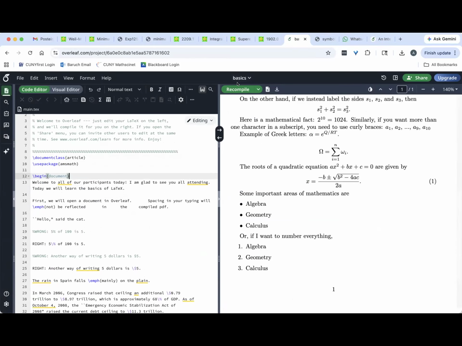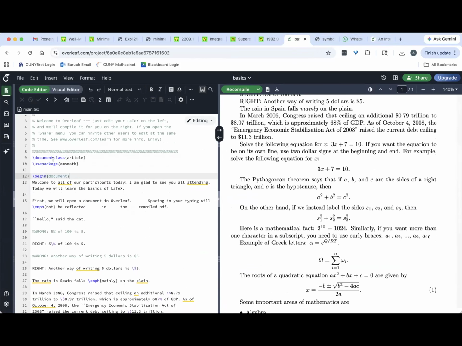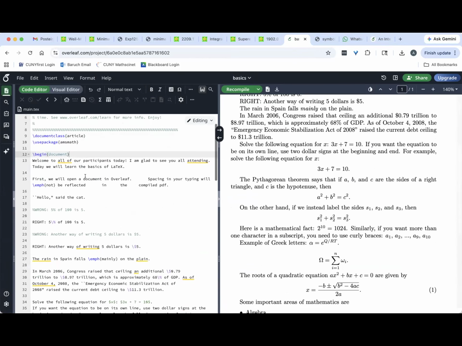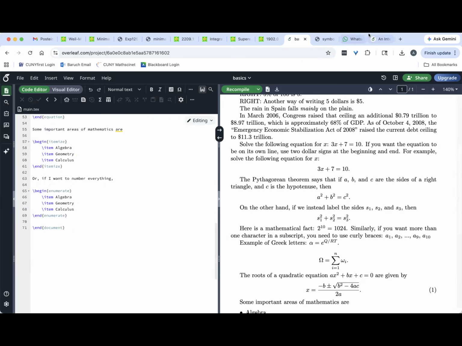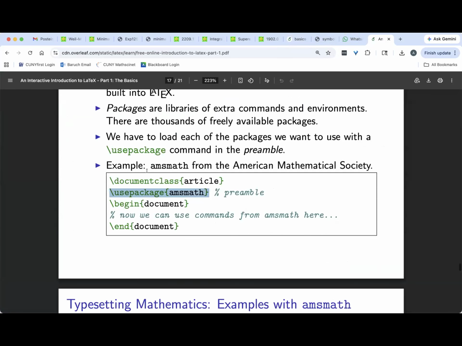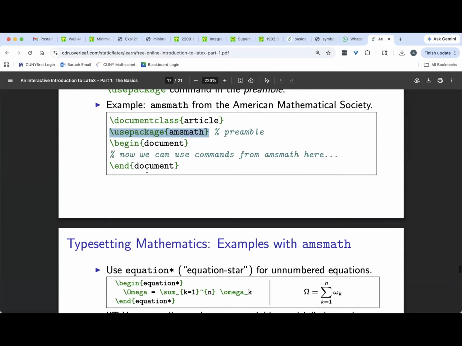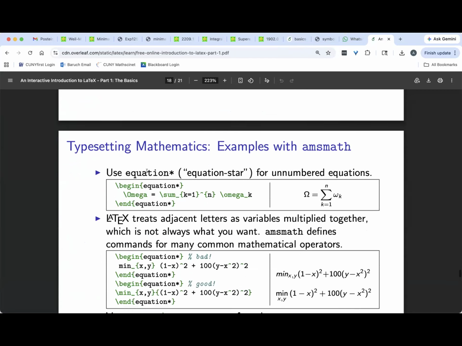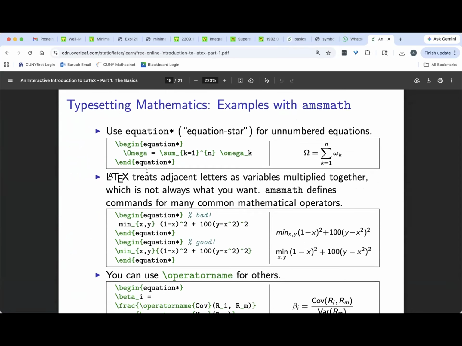Okay, it doesn't change anything. If I recompile this, it's going to look exactly the same. There's no difference. I'm just using an extra package before I begin the document. But now we'll see that when we want to use certain commands from AMS Math, we can use them. So one example with AMS Math is